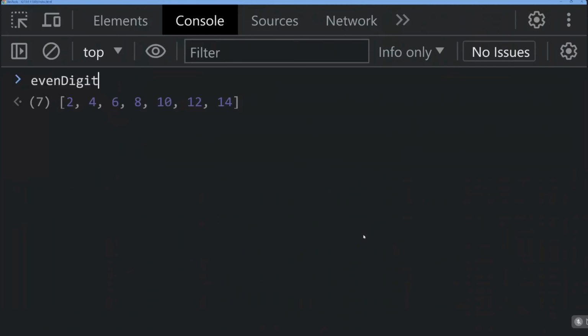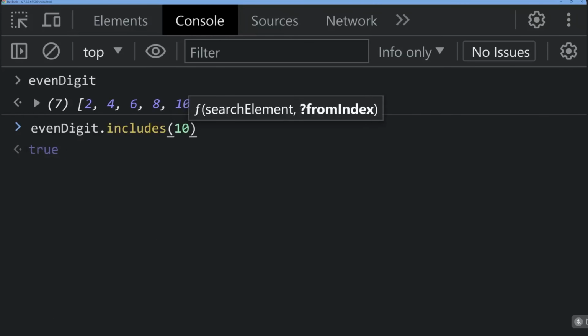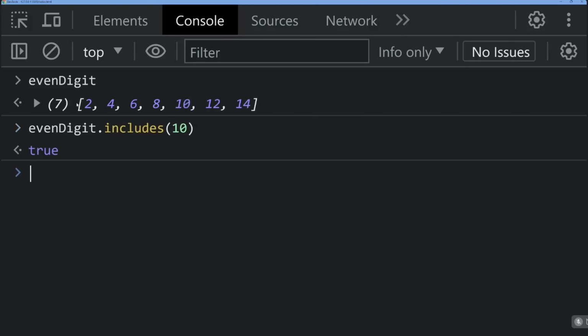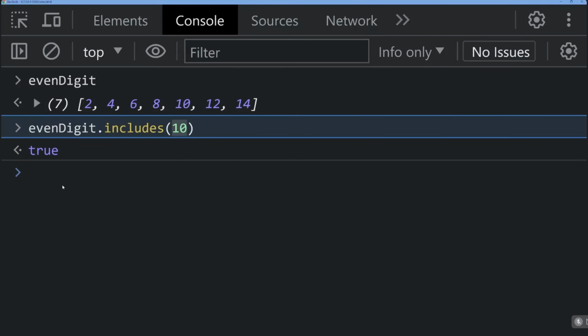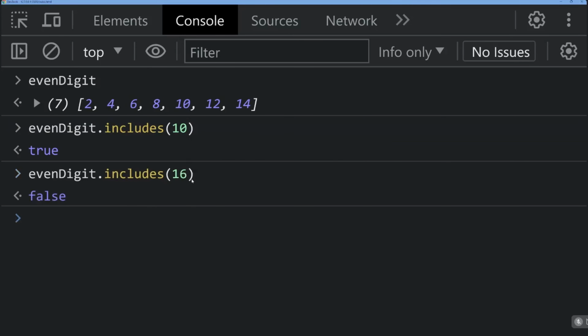Let's say even digit, I want to find whether 10 exists in the even digit array. For that, I'm going to use includes, and I'm going to give the value 10. So what it says is, in this array, 10 is the element that exists. And in the same case, if I want to find 16, which doesn't exist in this array, but I'm trying to find that, let's see what happens. It will return the false